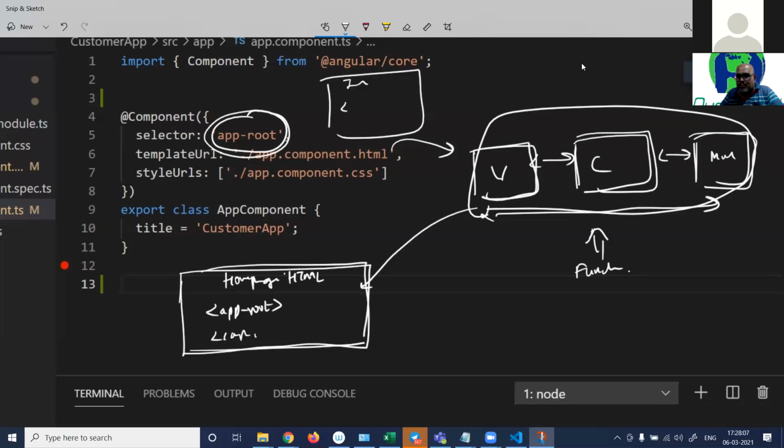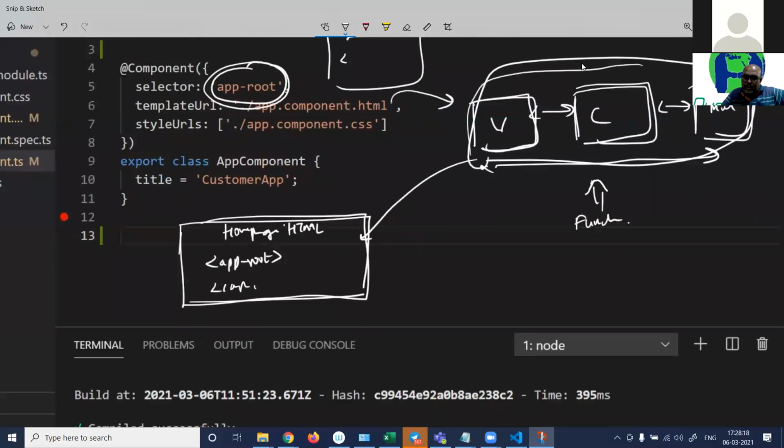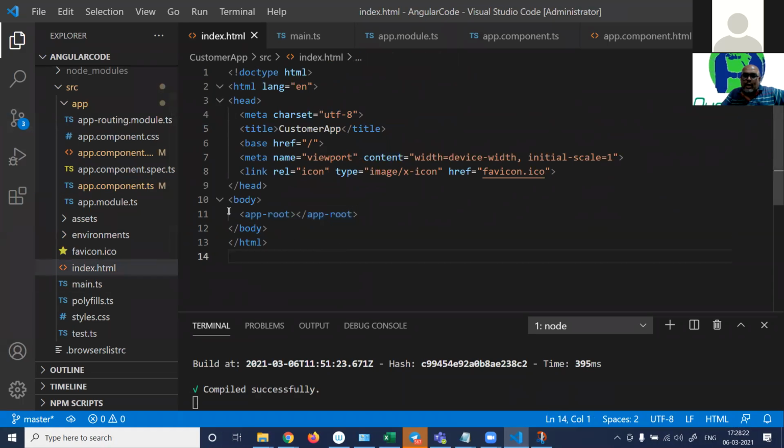Yes, absolutely. Or you can also say, Roshan, the selector makes the view available to the component, the whole thing. So you can have a different perspective. You can say that the selector loads the whole functionality into the HTML. So here, if you see in this index.html, it is loading app root.